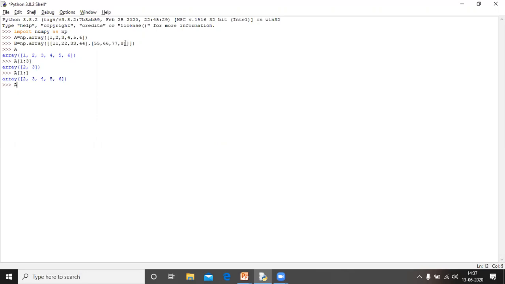Again, if I write A[:4], it means now we skip the starting. It means now start from 0 up to 4 minus 1, index position 3. It means the output is 1, 2, 3, 4. The remaining part will not be printed.